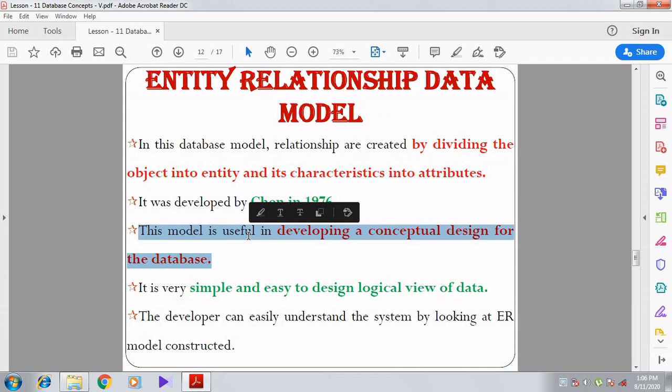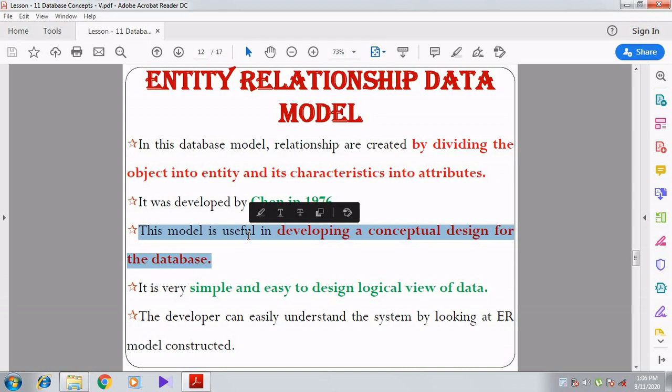Whenever the software is going to be designed, that designing stage is called the conceptual design of the database. Whenever we are designing the software, we can use this particular data model to see how the software will look.